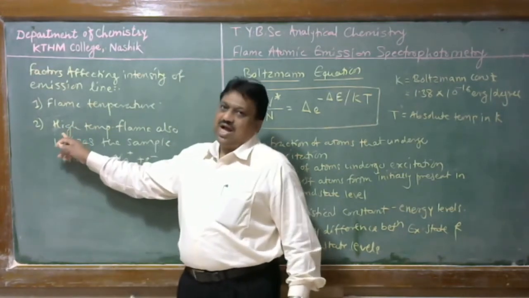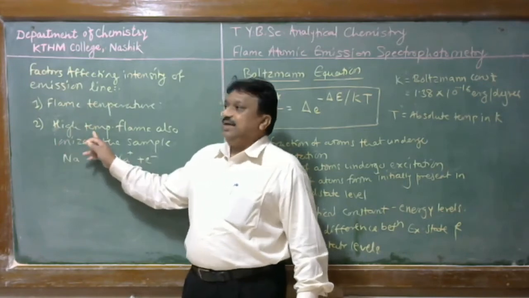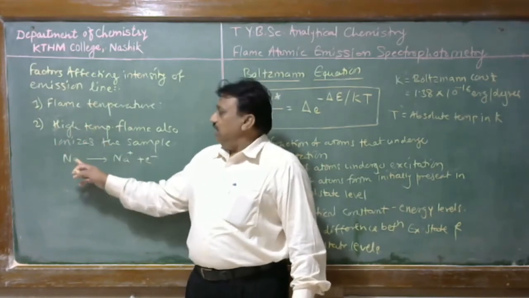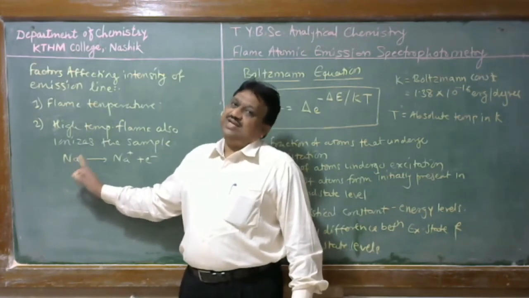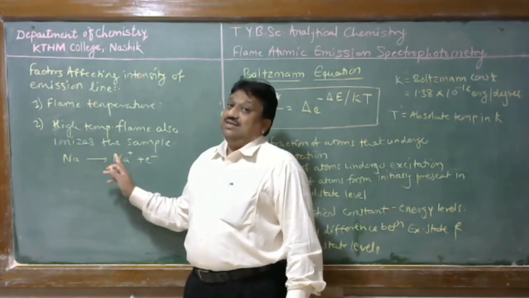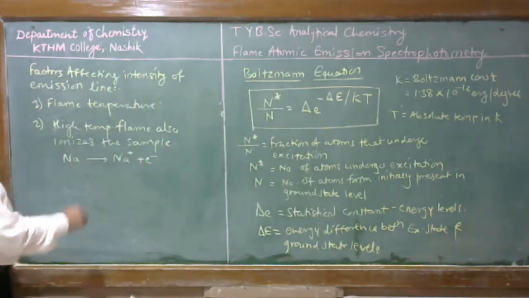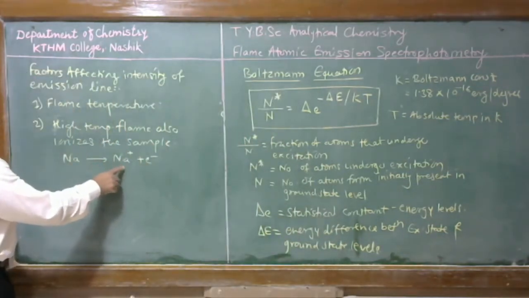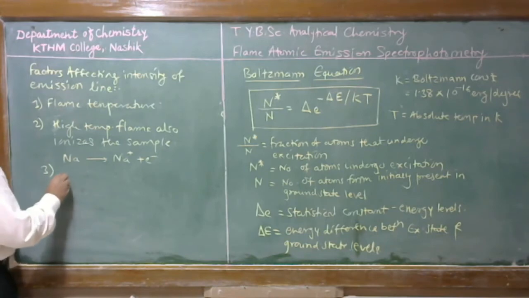Therefore, a fuel rich flame is used. At that time, the temperature of the flame is more, and many times rather than atomization, the ionization process takes place, and that gives ions, and ions do not undergo electronic transition, and therefore that directly affects the intensity of an emission line. Next one is the probability